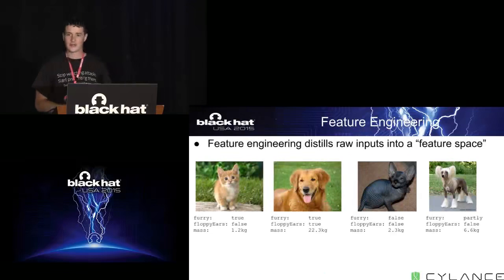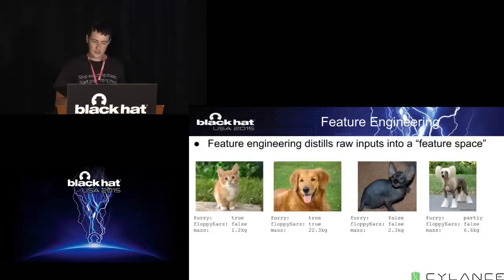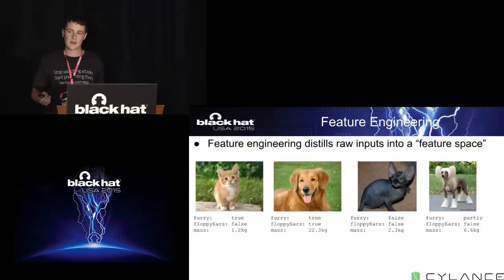So feature engineering. Feature engineering is vitally important to machine learning. In other words, the model that you have is only going to be as good as your input features. So as a motivating example, let's say we have a case where we're trying to break some new form of CAPTCHA, right? So this CAPTCHA is going to be 10 images. You may have seen something like this before. Each one is a cat or a dog.